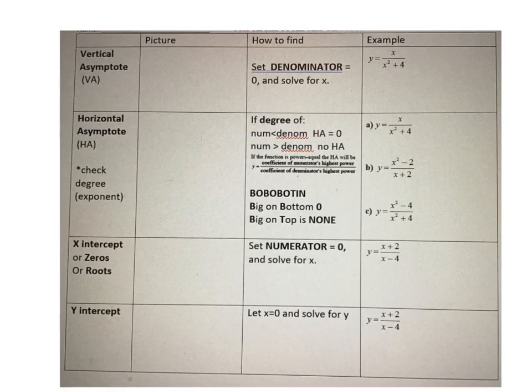Okay, so to help you graph rational functions, we have 4 different key parts that we need to find in order to help us. If you notice on the right-hand side, these rational equations all look very, very different from each other. Notice sometimes we have linear, sometimes we have quadratic on top and bottom. So finding these 4 attributes will help us figure out what the shape of the graph will be. So let's first start off with a vertical asymptote. So what is a vertical asymptote? A vertical asymptote